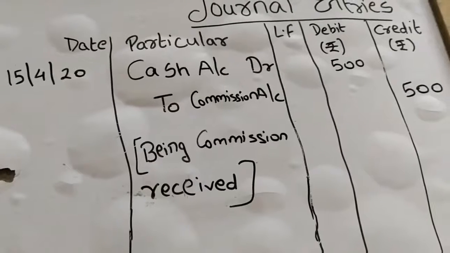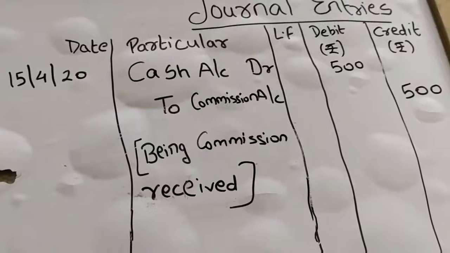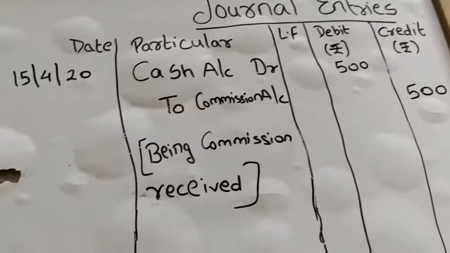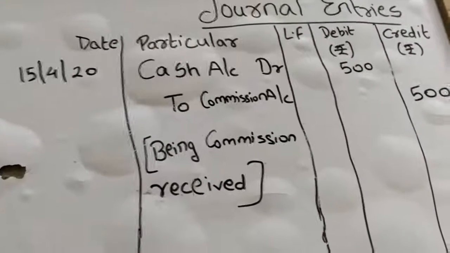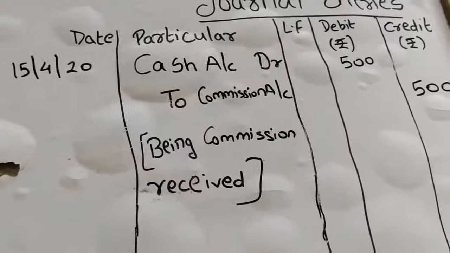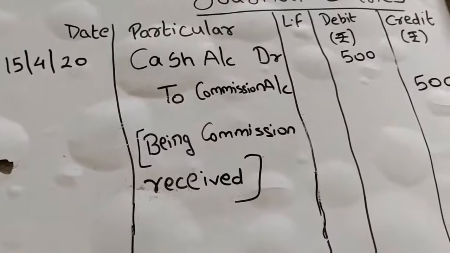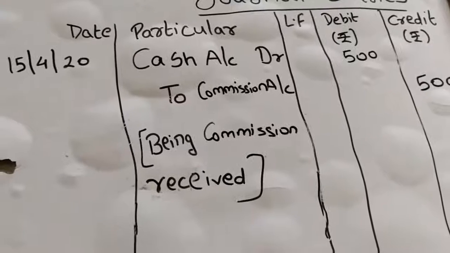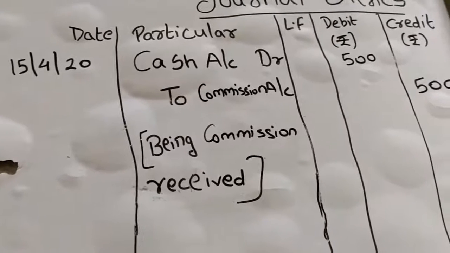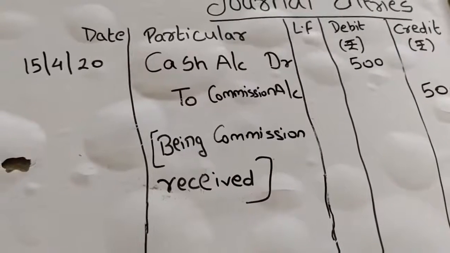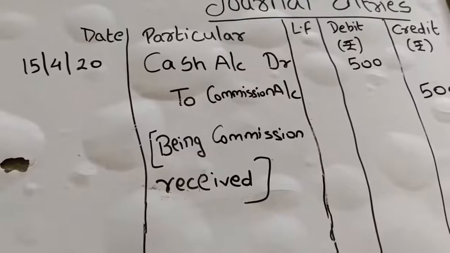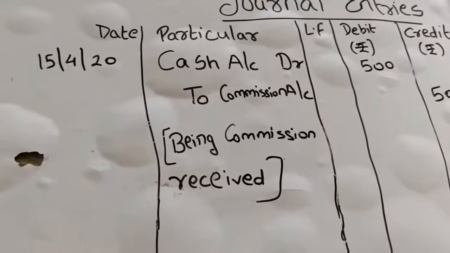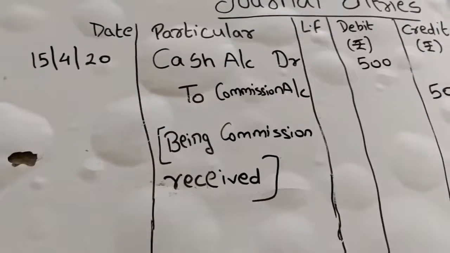So the next transaction is commission received of rupees 500. Now, as we said, debit what comes in, credit what goes out. So commission received. Definitely we have received commission in cash, otherwise it would have been mentioned by check or something. तो हमने बैंक किया होता डेबिट, पर अभी यहाँ पे कुछ मेंशन नहीं किया है, तो इसका मतलब क्या है कि हमें कैश में रिसीव हुआ.